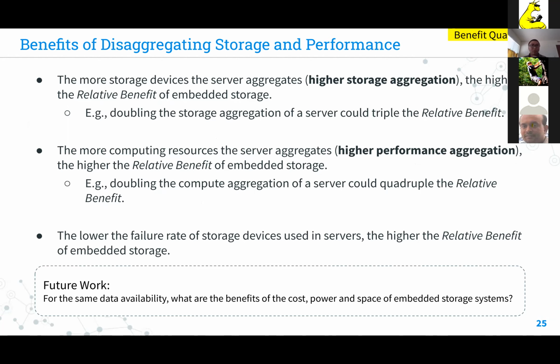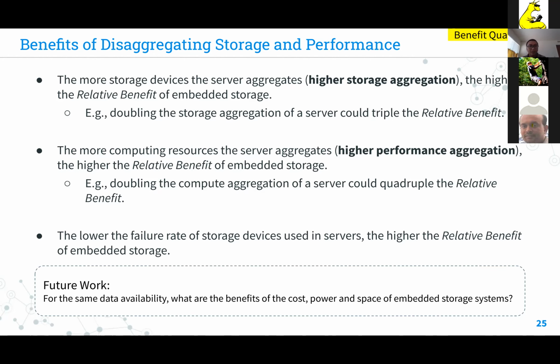So in general, we found that the higher the resource aggregation in the server, the higher the relative benefit of embedded storage. The resource aggregation in the server could be the storage device aggregation or the computing resource aggregation. This result actually makes sense because if we aggregate more resources in the server, essentially it will increase the size of the failure domain in the storage system.